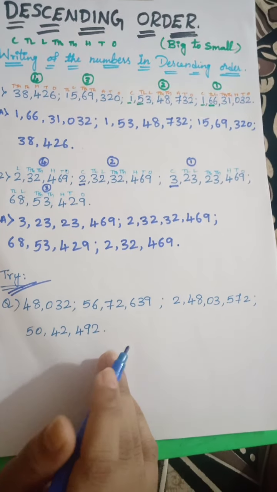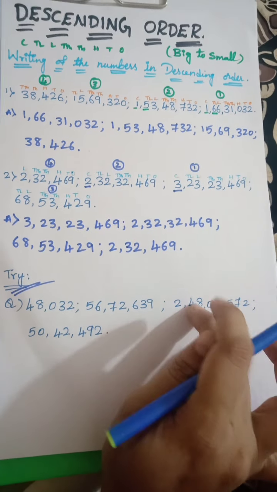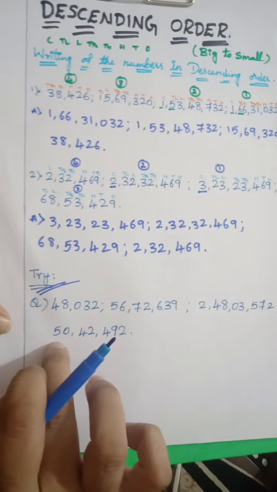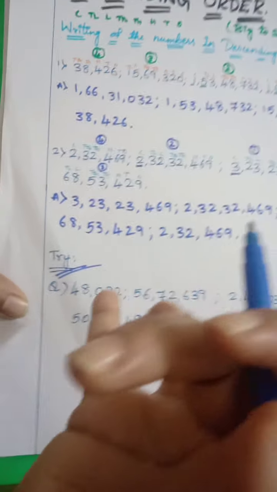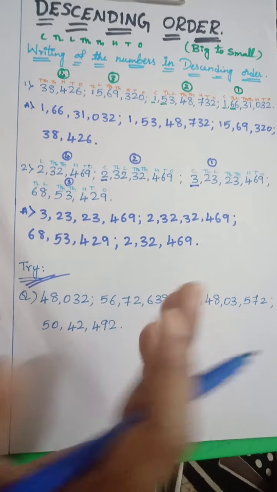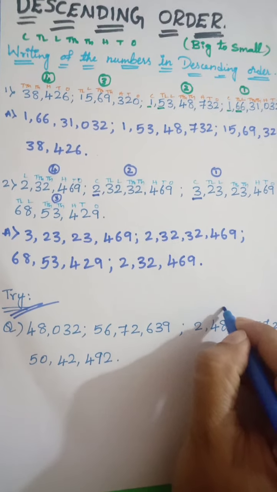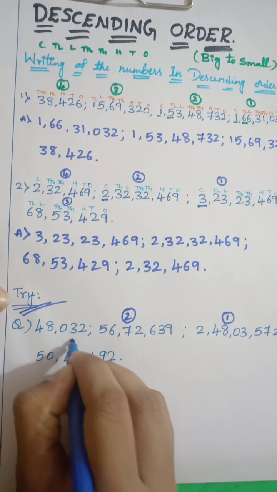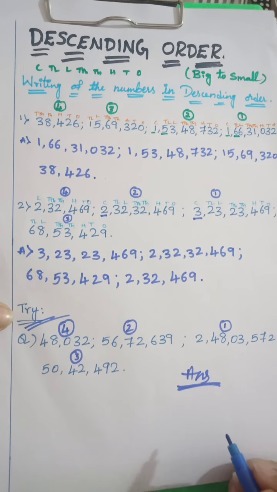I just give you a hint. Here till the crores place we are having, and here 56 lakh, and here 50 lakh, here 48,000. So this is first place, second place, third place, fourth place. Here you just give the place values and compare. I just give the numbering here. You just compare and see whether the numbering is correct. I want you all to try and get the answer.